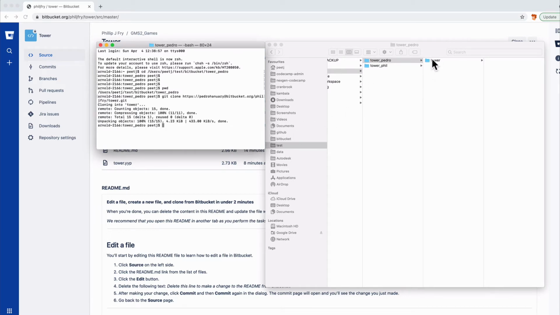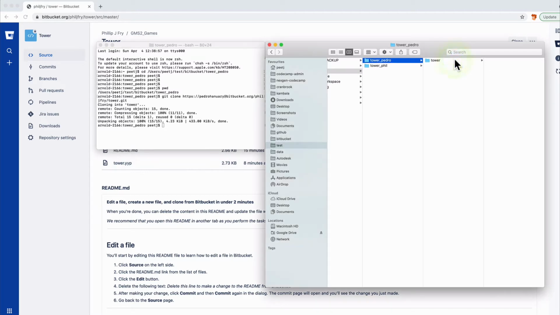Didn't even ask me for a password this time. It may ask you for a password. Once it's stored, then you do it again, it won't ask you again, as long as you always allow it. So now we have the repository